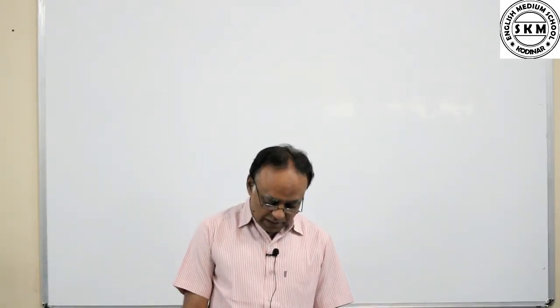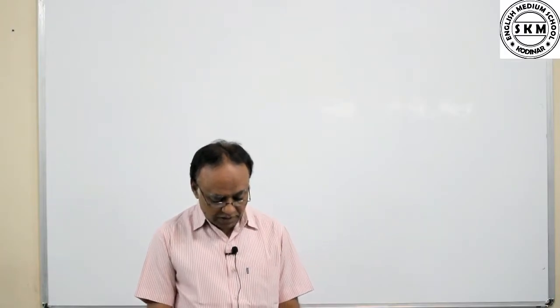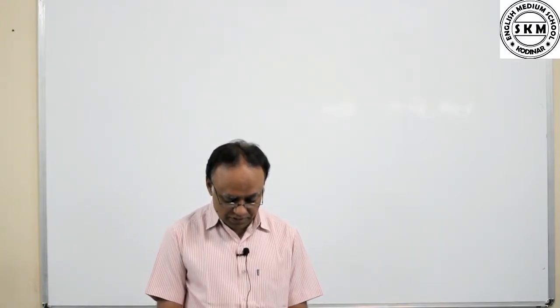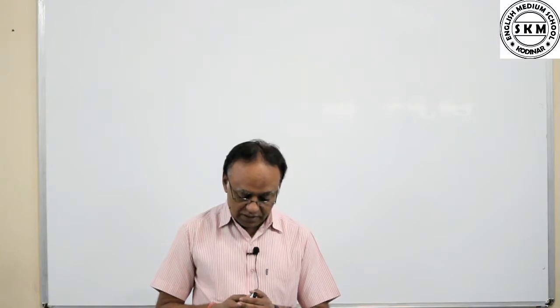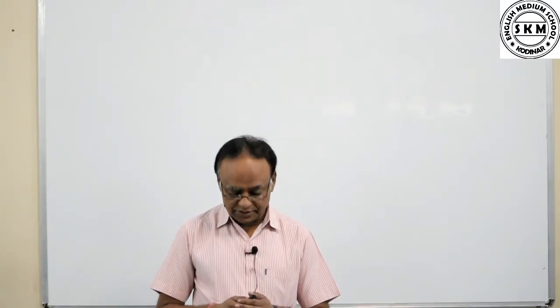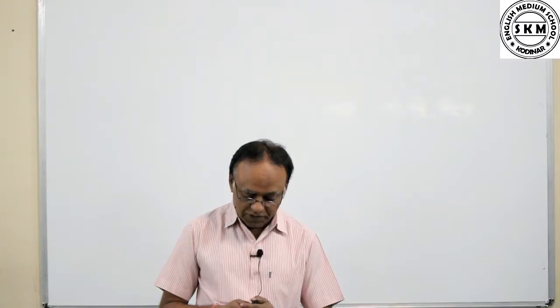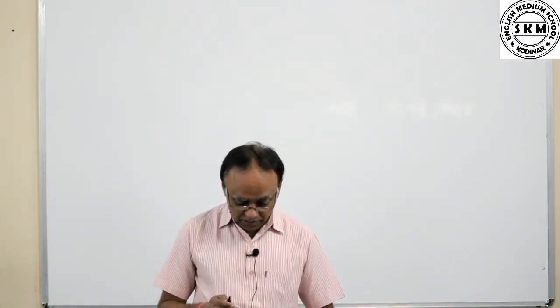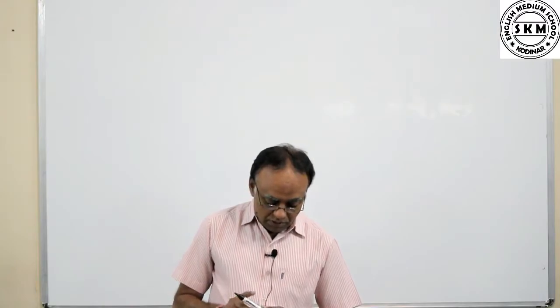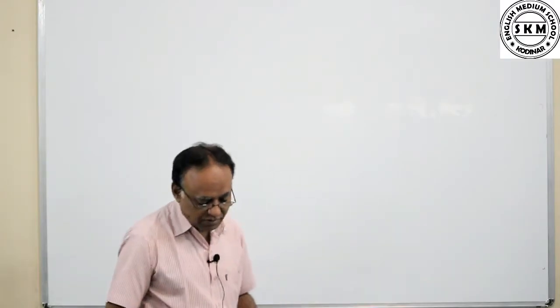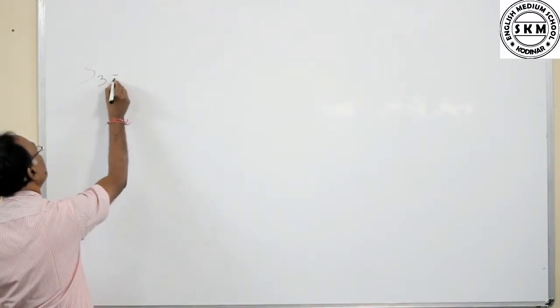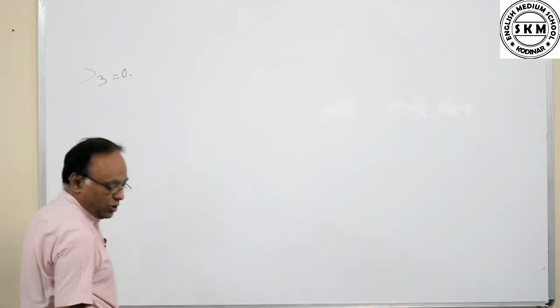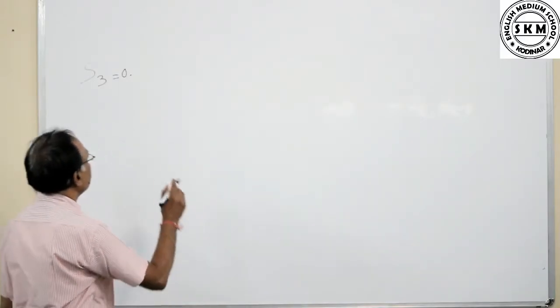Now, your illustrate example number 21. The sum of the first 3 terms of a GP with common ratio 0.2 is 0.496. Find the first term of the GP. Now, the sum of the first 3 terms, what is the value given here? The sum of the first 3 terms is equal to 0.496.